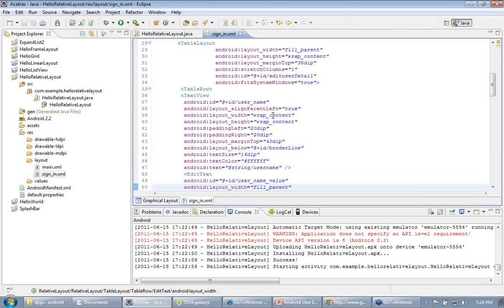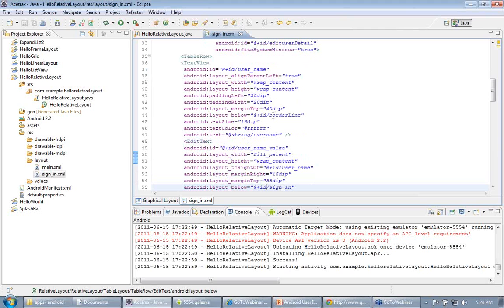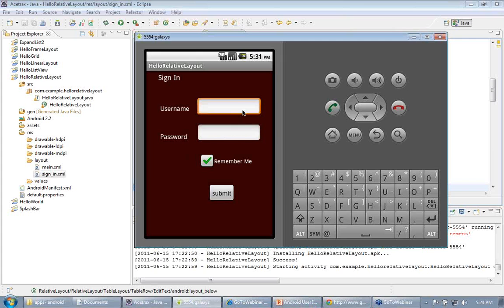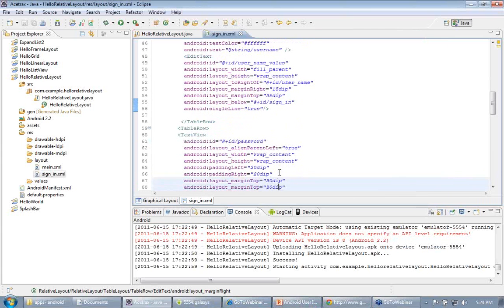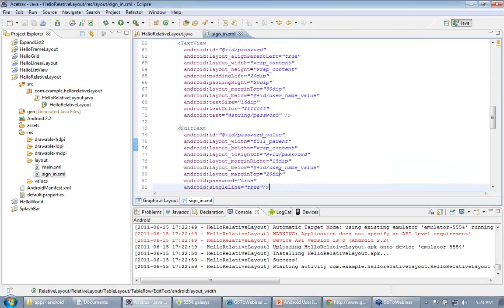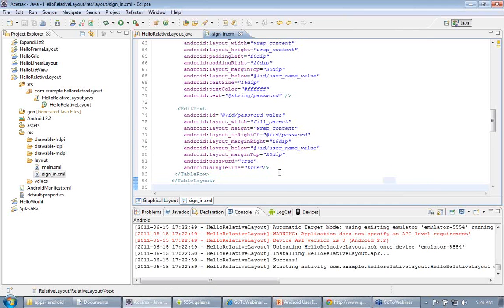So in table layout we have table rows. In our first table row we have a text view and edit text. So in the text view we have a username and this edit text box. Similarly, for a second table row we have a password and edit text box.